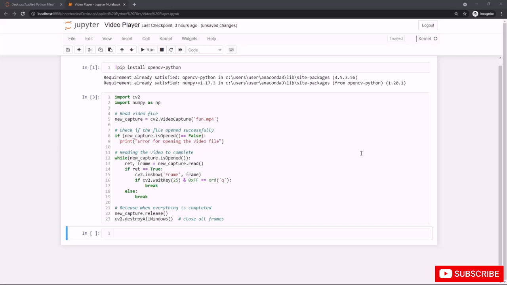And after that, to check if the file opens successfully, we used a conditional if statement, and you can see inside the conditional if statement condition or the test expression new capture dot isOpened is equal to false. If the file is not opened successfully, the program will give you an error for opening the video file. We created that conditional if statement here, and also for reading the video to complete, we created a while loop